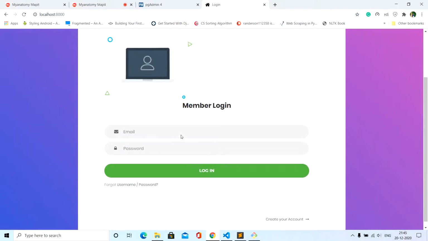The new user account is created successfully. Now let's log in using this new user account.